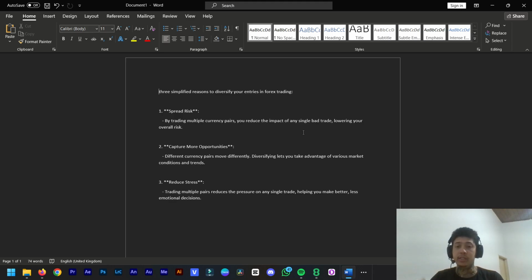The second reason is capture more opportunities. So different currency pairs move differently. Diversifying lets you take advantage of various market conditions and trends. So that gives you opportunities for more profits. So for example, if you are positioned in Euro USD and maybe GBP CHF or some other currency, maybe your Euro USD could have a volatility differently than GBP CHF. Maybe the second one could be more volatile than the first one, and giving you more opportunities to make more